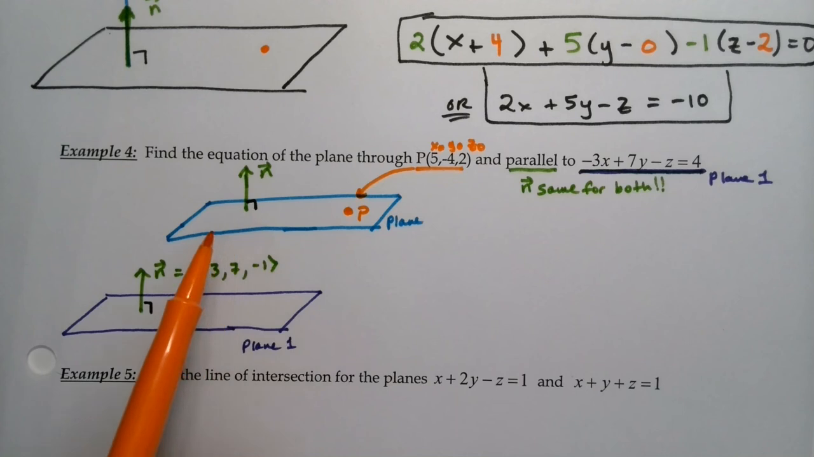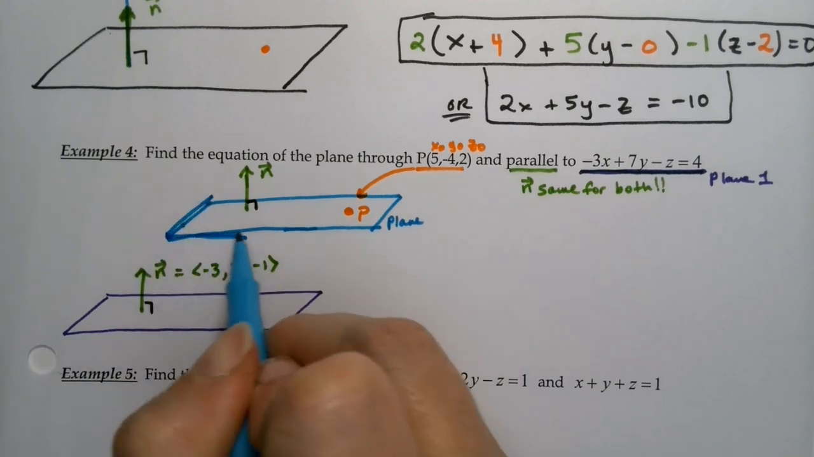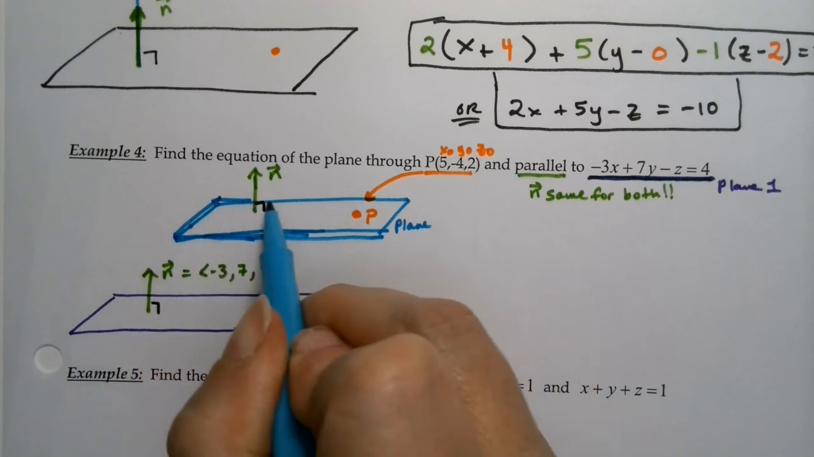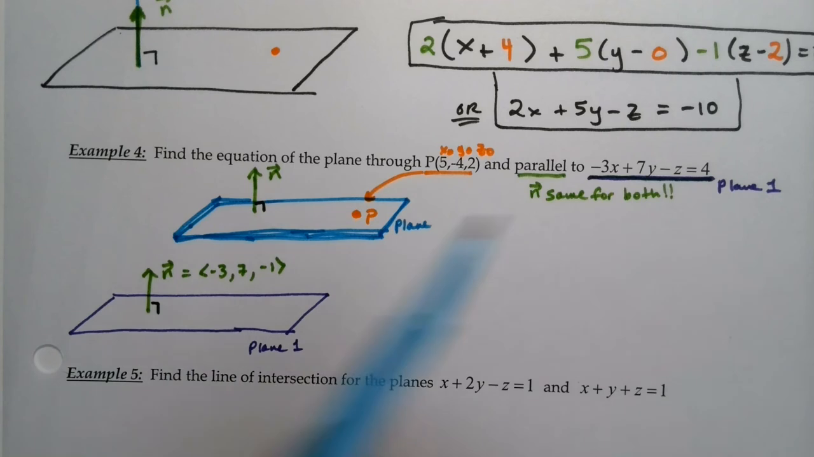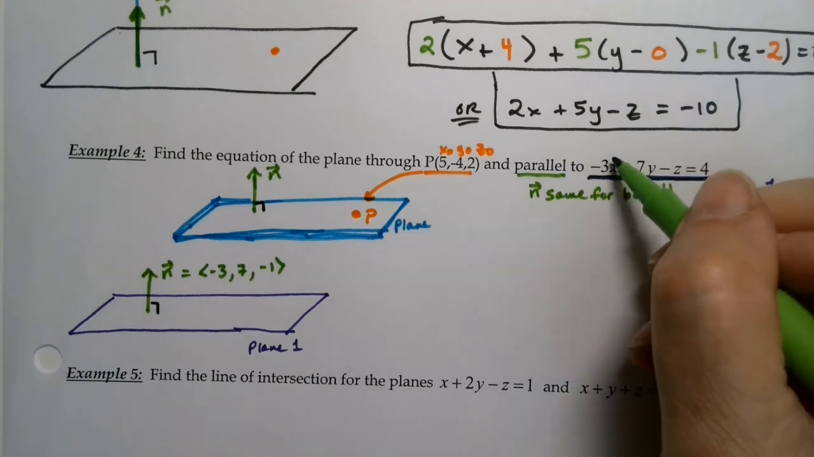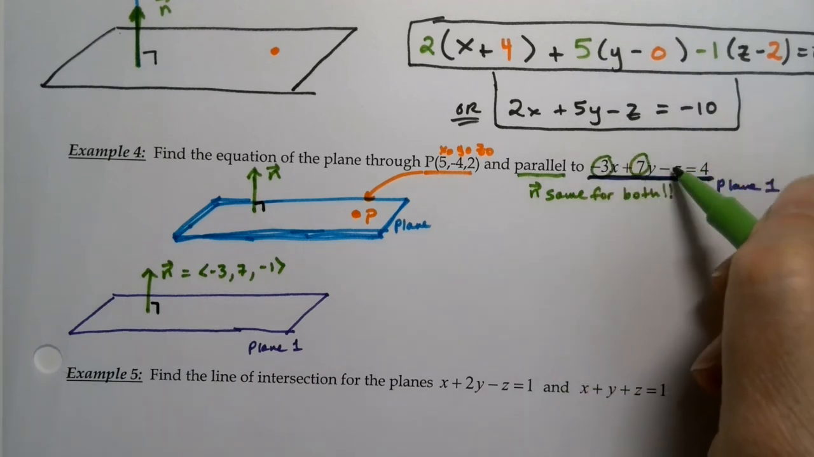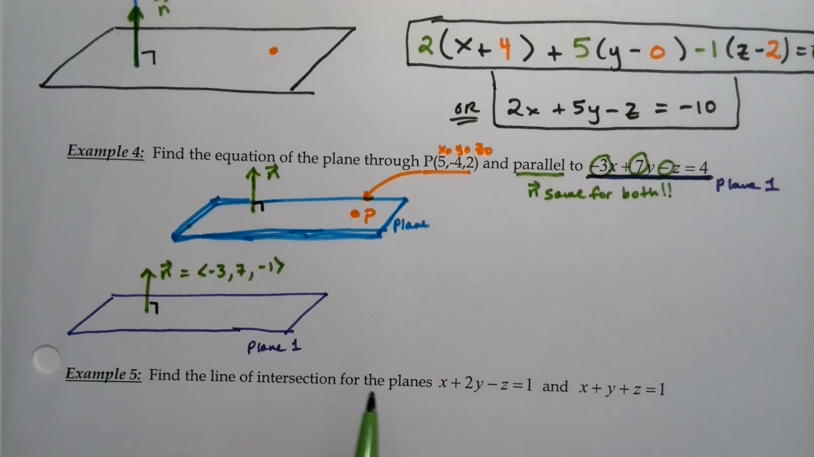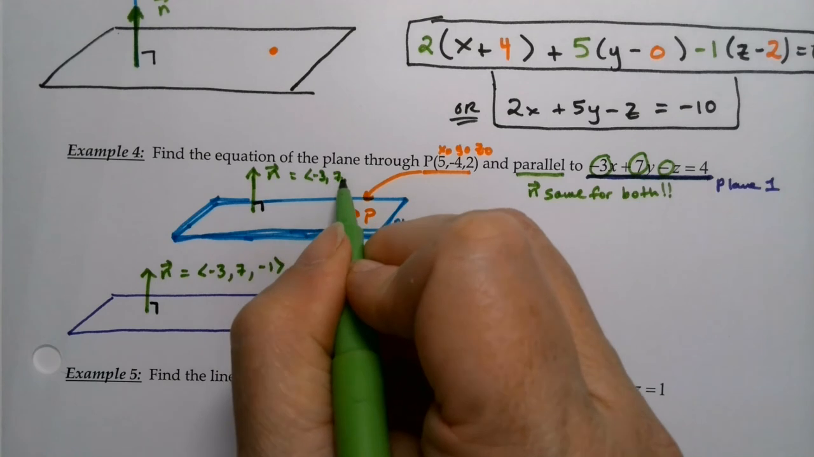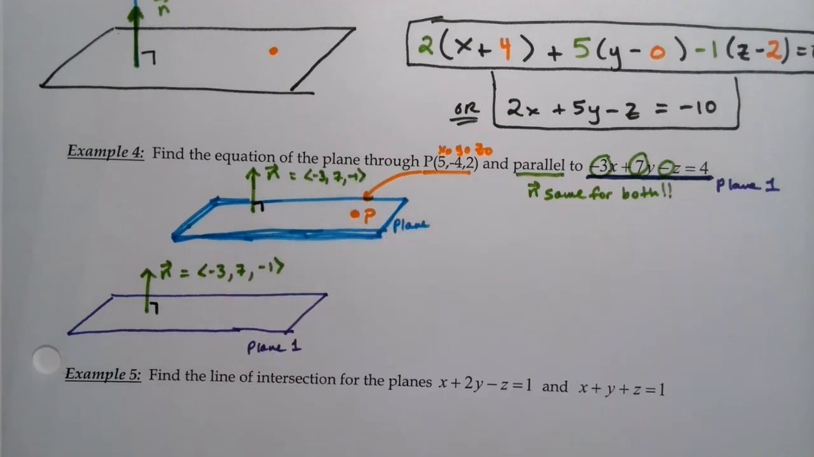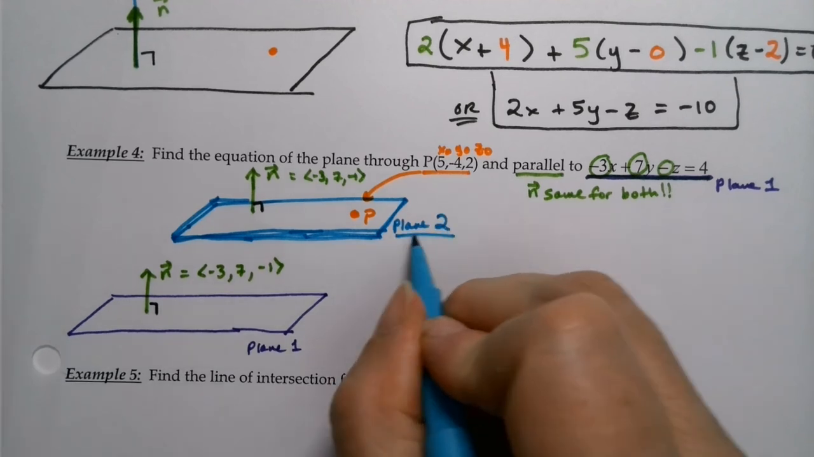But they're supposed to be parallel. Mine look a little wobbly, but they were supposed to be parallel, right? If they're parallel, then that normal vector that I found from this, -3, 7, and -1, those three components are going to be the same. So this is also going to be -3, 7, and -1. All right, well then that means I know the equation of my plane. So plane number 2, which is the one I'm actually looking for,